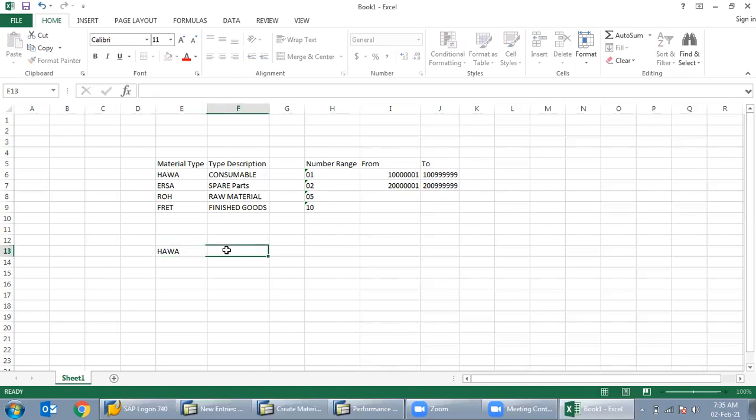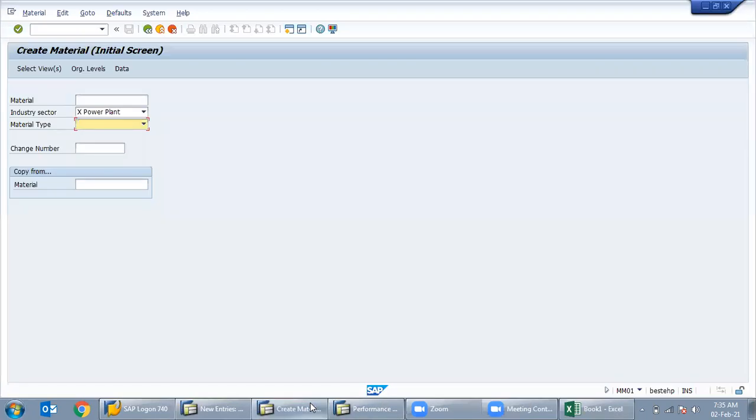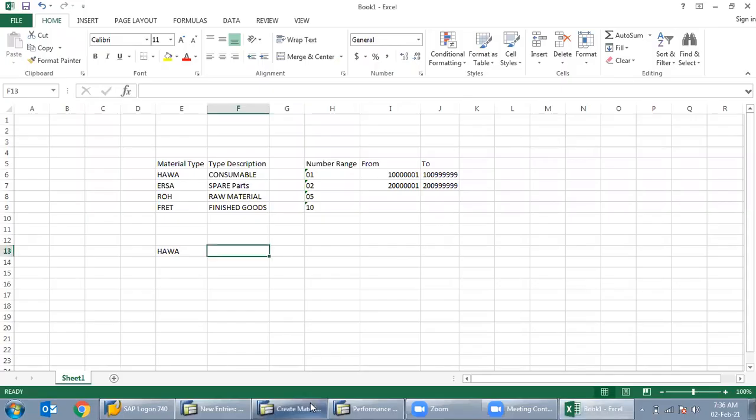Umesh: Sir, understood? You mean to say that number is the code that will be created for the material? Exactly. When we are going to create a material, at the end a code is generated for that particular material. From where is the code generated? From the material type. There we assigned a number range in the background, and the number is generated from there only. So when we take that material type HAWA and create that material, the code is for a laptop, a consumable item.